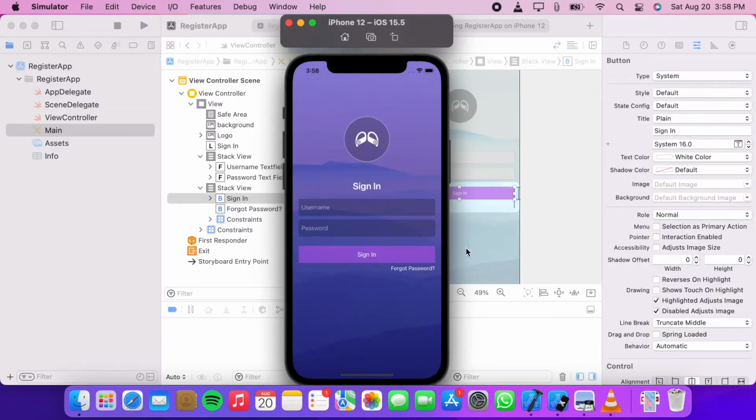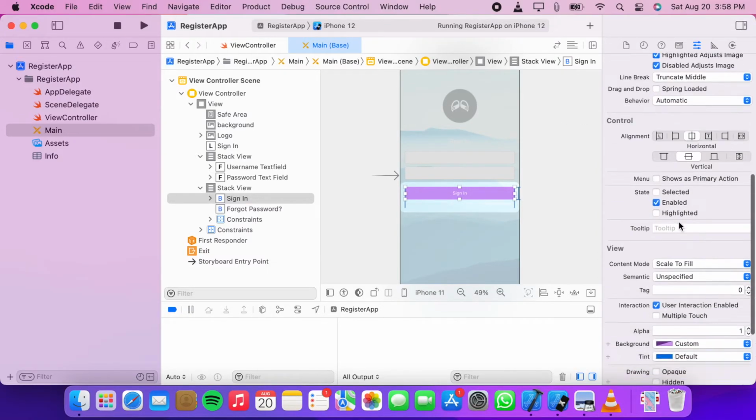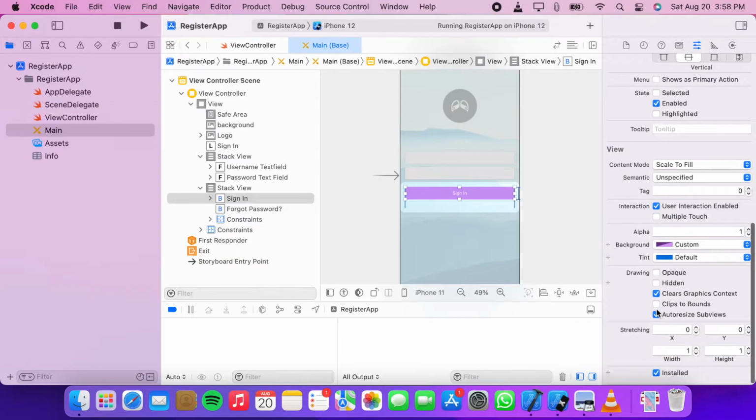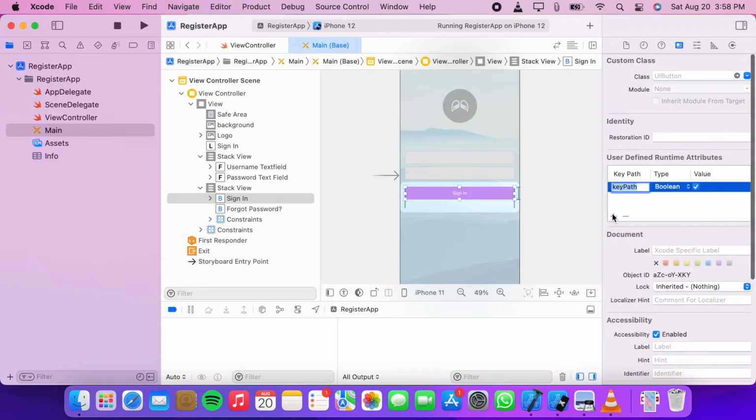The button is looking fine, but we need round corners. Select the button and check clip to bounds. Now click on identity inspector and click on plus icon